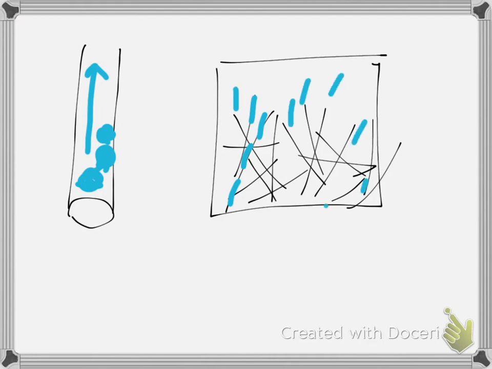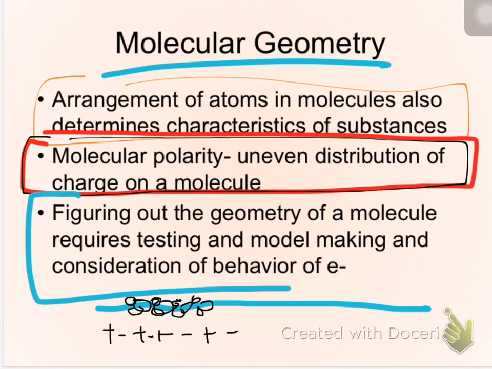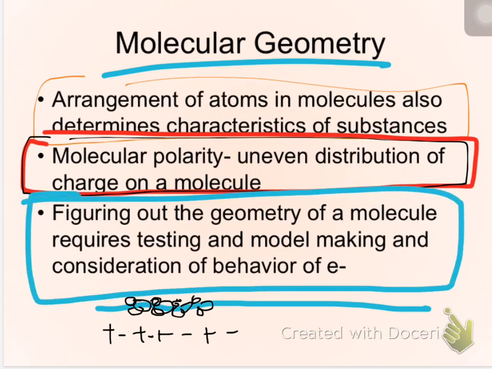Same reason your T-shirt will wick up water. If you get the edge of your T-shirt wet, the wet will spread. It's capillary action. It's because water is a molecular compound. It's because of the molecular geometry of water that this is possible. I think that's amazing. So, when we go to actually figure out the geometry of any given molecule,